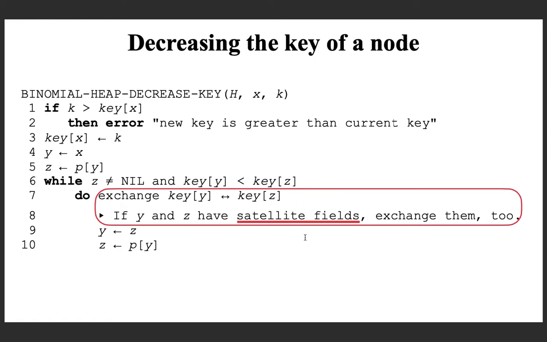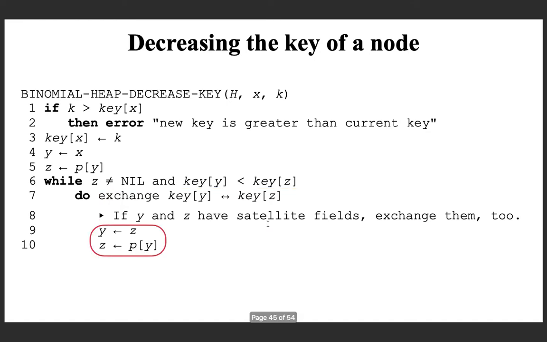So if you interchange, you have to interchange the entire fields. That is what this statement is asking you to do. And after that, you move up. How will you move up? Z was pointing to the parent of y, so you move y to z. Okay, and once you move that, z must be set as the parent of that node. That is what you are doing. This is exactly what we did.